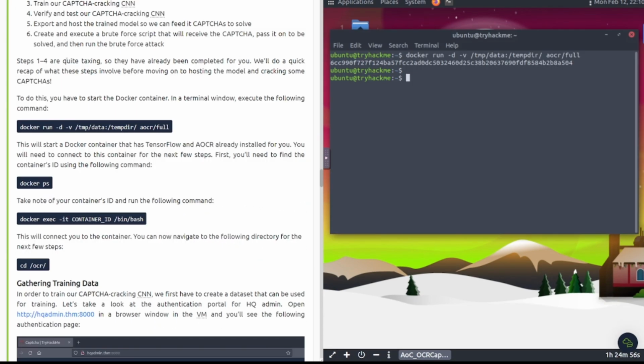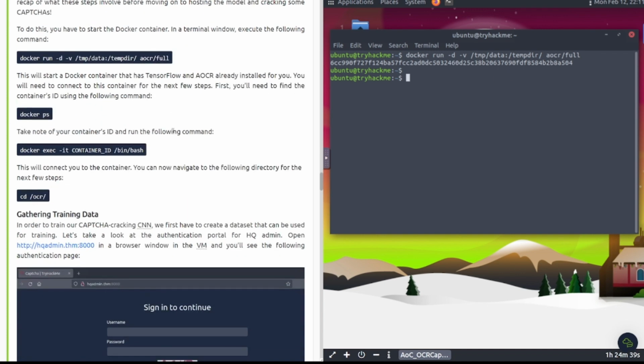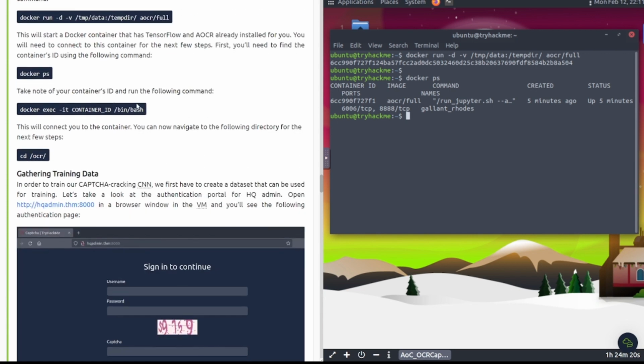So let's go back up. Steps 1 to 4 are quite taxing, so they've already been done. We'll do a quick recap of the steps involved before moving on to hosting the model and cracking some captchas. To do this, you have to start the Docker container in a terminal window by executing the command, which I've already done apparently. This will start a Docker container that has TensorFlow and AOCR already installed for you. You will need to connect to this container for the next few steps. First, you'll need to find the container's ID by using the following command. Let's go ahead and do that. Docker ps. All right. It says take note of your container's ID and run the following command. So let's do that. So docker exec,